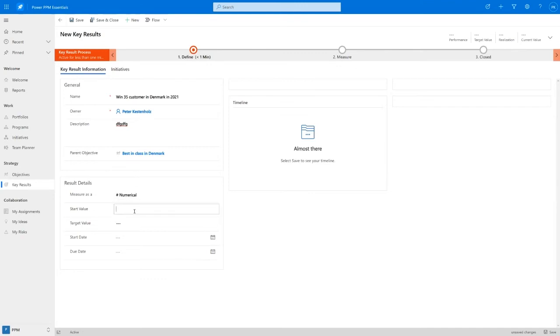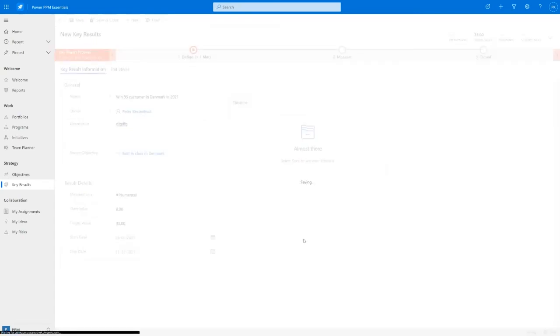Let's take numbers. And let's say we right now have 8 customers and we want again to go to 35. So again, for this key result, that might be something that will only track right now and until end of 2021, even though the objective might go and span 2 years. So until end of this year, there we go. And then we save that one. So now we have a key